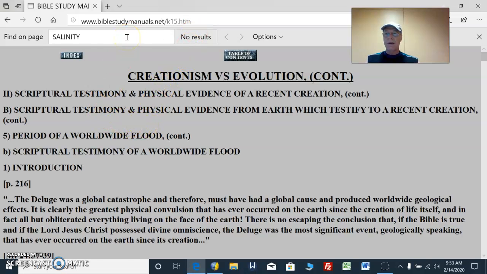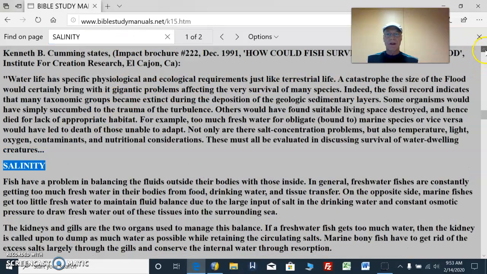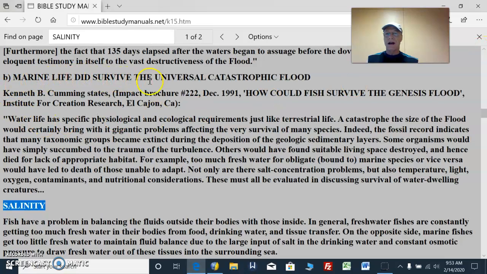We just covered most of this page up to the point of salinity. Previously, we looked at how marine life did survive the universal catastrophic flood. And we went to water life has specific physiological and ecological requirements, just like terrestrial life. A catastrophe the size of the flood would certainly bring with it gigantic proportions, affecting the very survival of many species. And indeed, the fossil record indicates that many taxonomic groups became extinct during the deposition of the geologic sedimentary